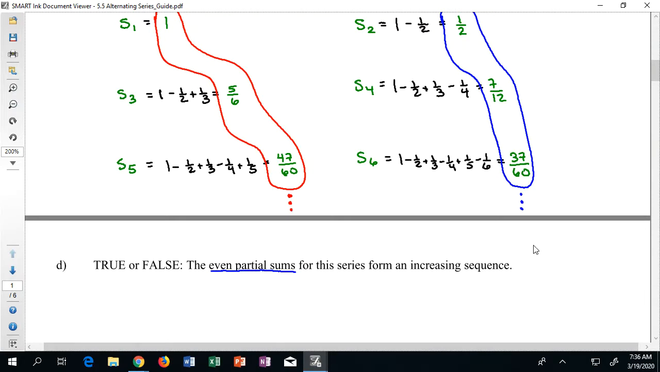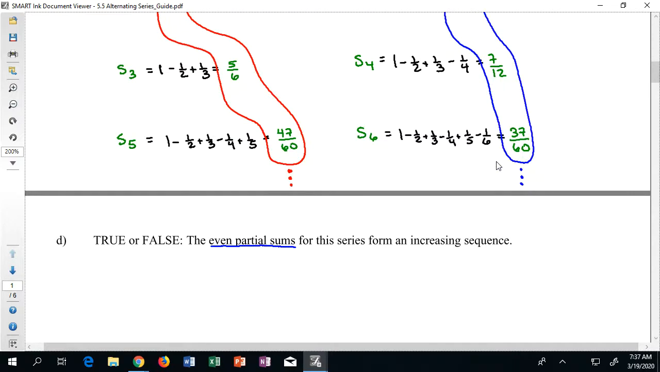Well, if I look at the values so far, I go from 1/2 to 7/12. Well, that's definitely an increase because 1/2 is the same as 6/12. So if I go from 6/12 to 7/12, that's an increase. I can also double check maybe with a calculator that 37 over 60 is bigger than 7 over 12. So far it looks to be increasing, but how would I know that it's always increasing? Well, here's what I'm going to argue. We note